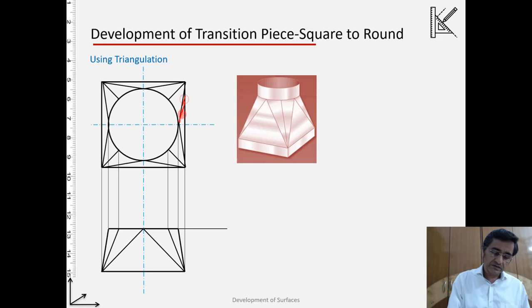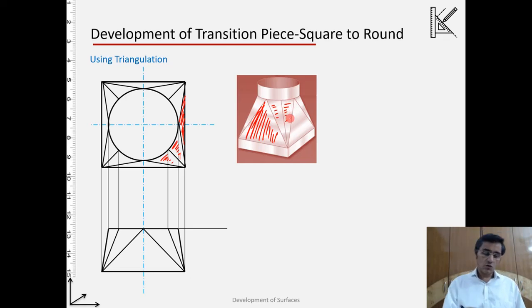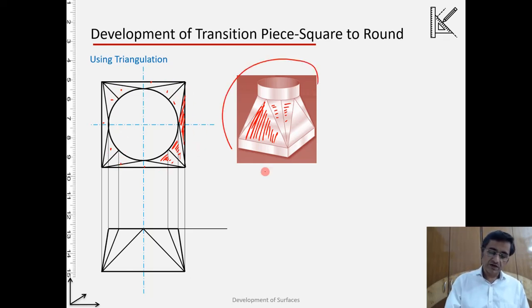In this case, we have decided that our transition piece will be made by using this particular face. If you look at this, it's a plane, which is over here, while this and this, they are the conical surfaces. This and this, these are the conical surfaces. So by 4 triangular planes, and then 1, 2, 3, 4, 5, 6, 7, 8 conical triangles, if you put them all together, we will be able to generate this.